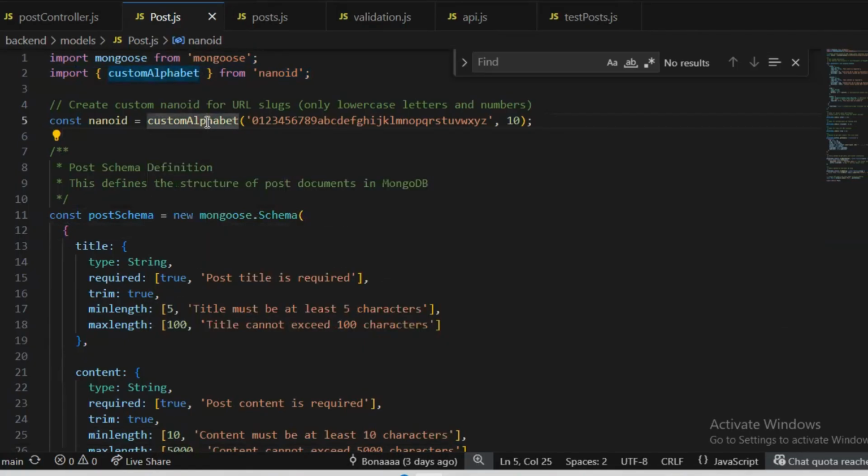This will create a custom NanoID using only lowercase letters and numbers and generating 10 character slugs, which we think is perfect for URLs for this app.